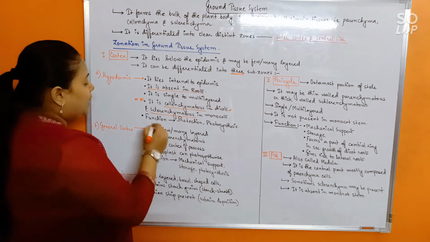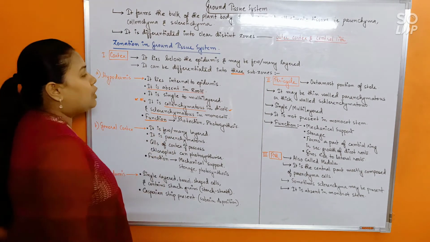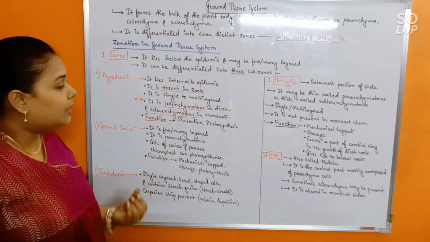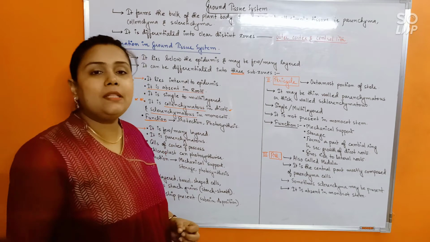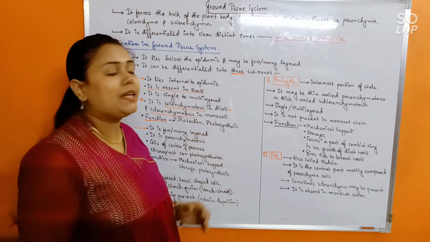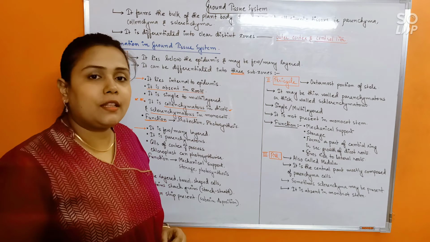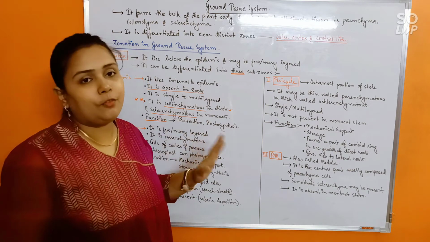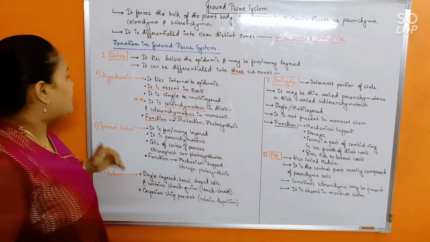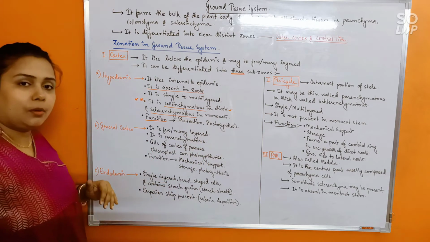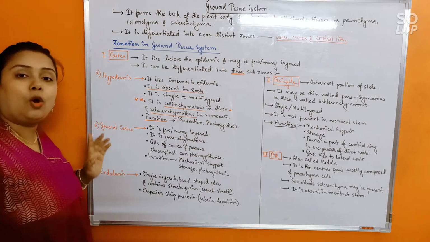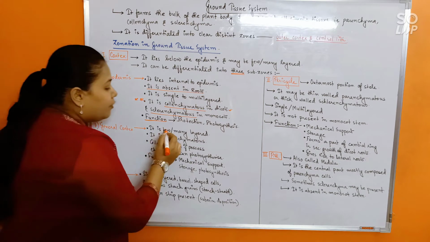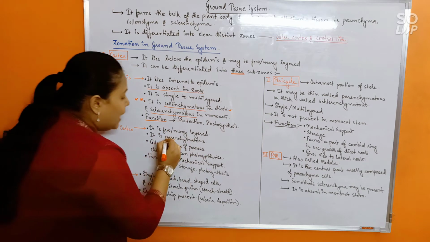Okay. Finally, the function. Function of hypodermis would be protection, the most important being protection, and also in case the hypodermal cells possess chloroplast, they can also participate efficiently in photosynthesis as well. Okay, so major functions would be first protection, then photosynthesis. Okay, next, internal to the hypodermis remains the general cortex. Okay, this is general cortex. Now, general cortex is again few to many layered, and it is parenchymatous.